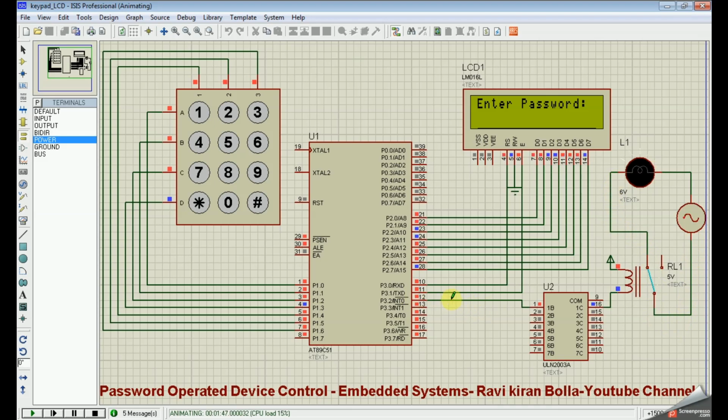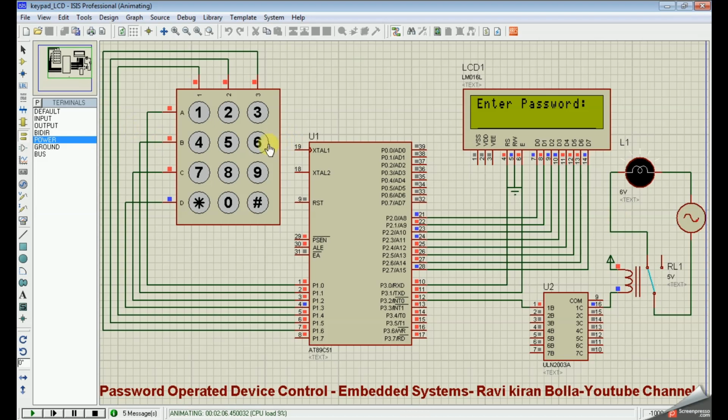Whenever the output of the microcontroller is 0, the output of this relay driver goes to a high impedance state. Then there is no ground connection to the relay, so the relay will be in the off condition. So there is an open circuit from 230 volts to the electric bulb.